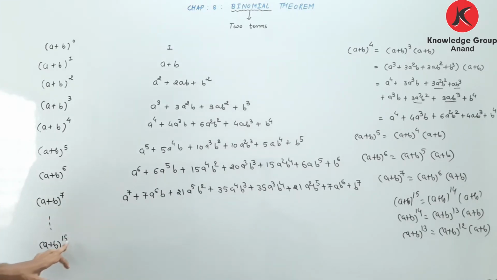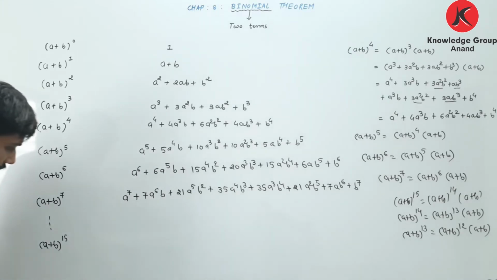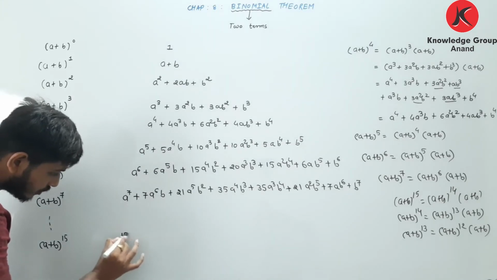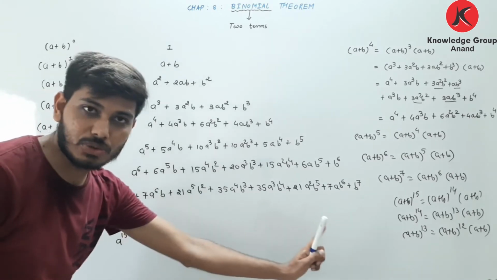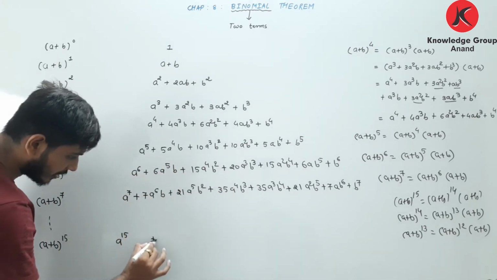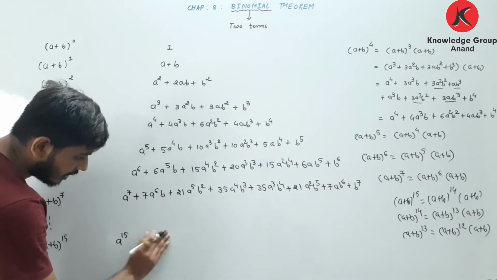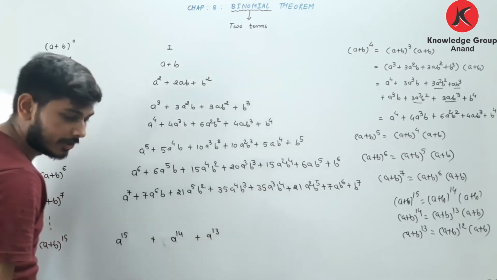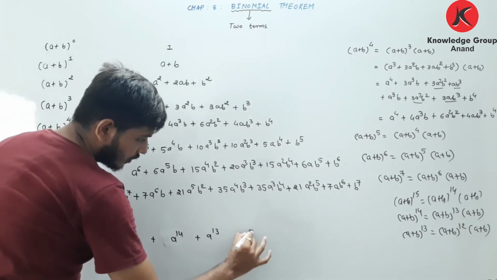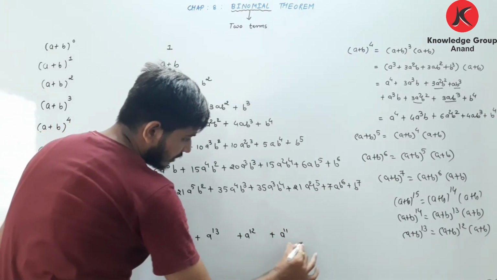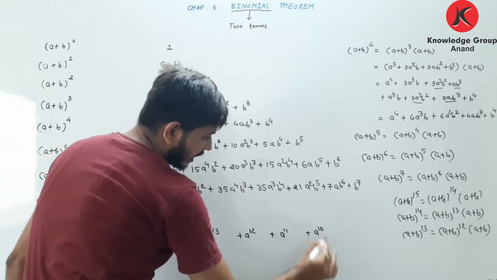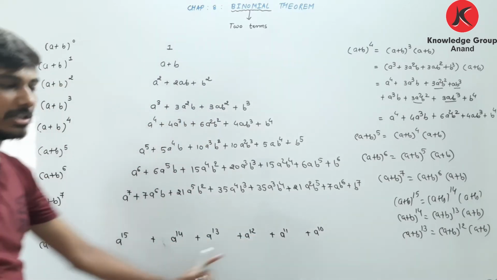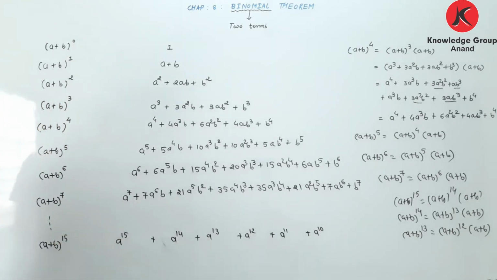If we want a plus b raised to 15 જો તમારે a plus b raised to 15 જોઈતા હશે તો તમે એને લખતા શીખી ગયા. કઈ રીતે લખશો? તો we can write a raised to 15, a ની પાવર કન્ટિન્યુઅસલી ડિક્રીઝ થાય છે. તો પ્લસ a raised to 14 plus a raised to 13 plus a raised to 12 plus a raised to 11 plus a raised to 10. આવી રીતે કન્ટિન્યુઅસલી ડિક્રીઝિંગ ફોર્મમાં તમે લખતા જશો a ની પાવર